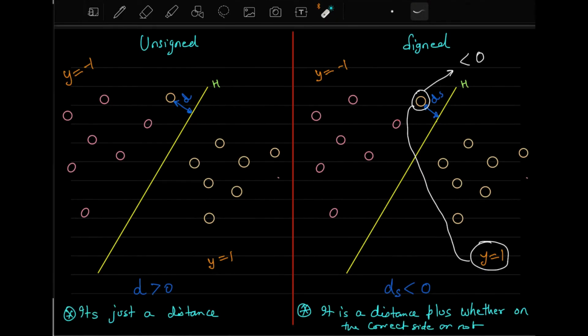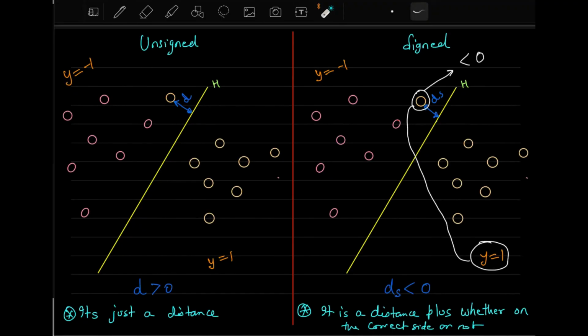Okay, so if there are no questions, this is the signed and unsigned concept. So let's use all of the ideas that we have discussed till now. Sir, I have a doubt. When we calculate signed distance and take the modulus of it, we get the unsigned distance. What is the point of calculating unsigned distance? That one I will show you once we start the derivation. It will be used there. Okay.